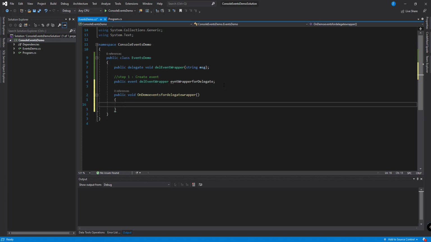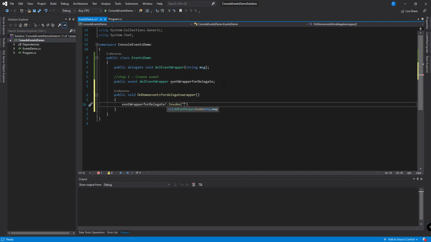We need to invoke this event. Before invoking this event, please make sure to do a null check on this event, that is, using question mark dot Invoke, and we will pass, for now, just a message. When we invoke our delegate, the message we give here will be invoked over there.